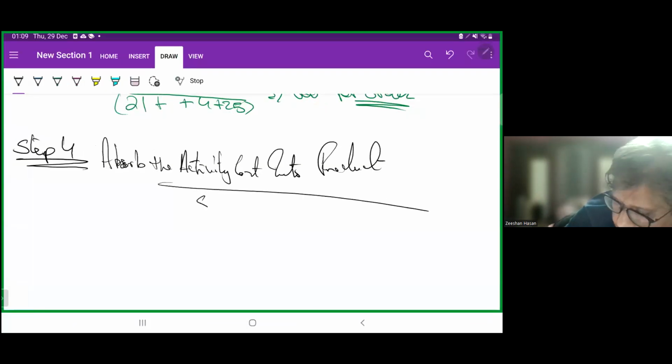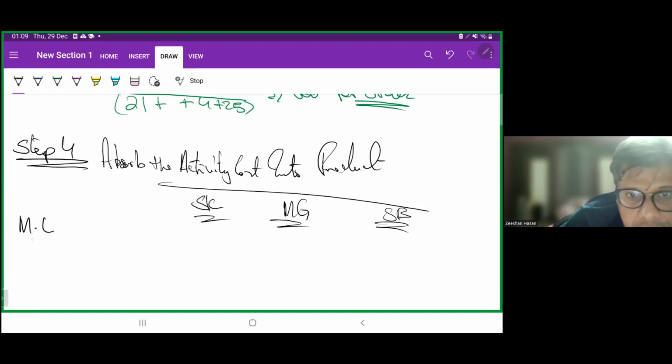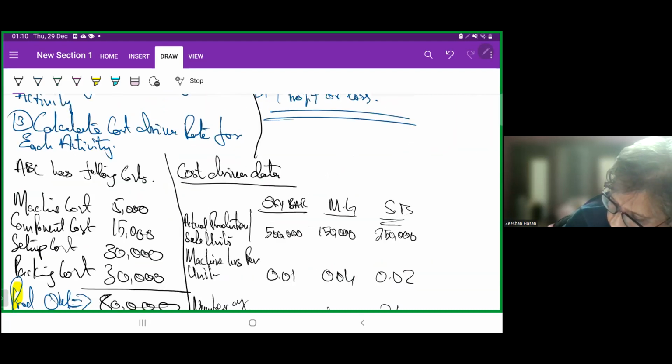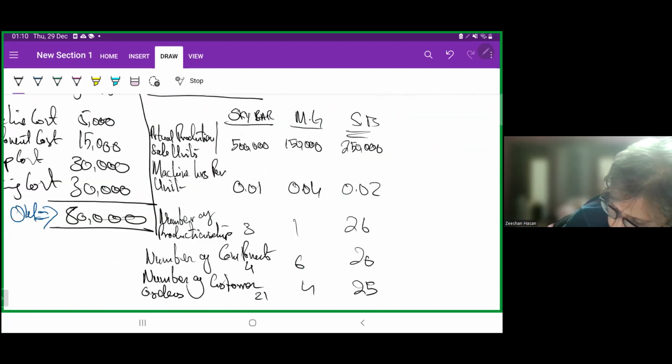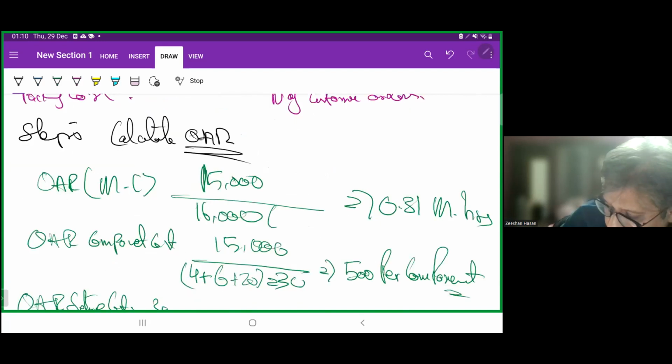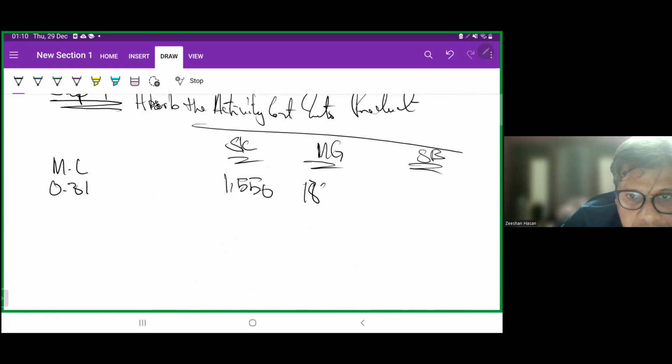Skybar, MG, and SP are the products. Okay, so machine cost: 0.31 multiplied by the total number of units of SB, which was 500,000, I guess. We will get 155,000. What were the units of MG? I forgot, I have to look back. 150,000 and 250,000. Okay, so 0.31 multiplied by 150, and 0.31 multiplied by 250, we get